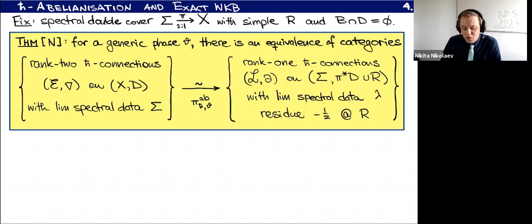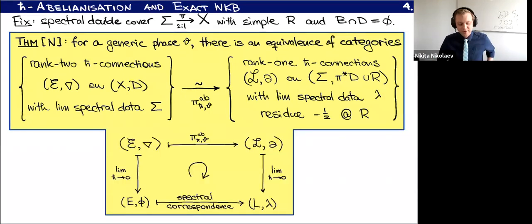And these are H-bar connections, so I should tell you what their spectral data is. Of course, they are rank 1, so there's not much to say apart from the fact that the limiting spectral data is just the canonical one form. Okay, and so there's a functor like this, and it turns out to be an equivalence of categories. And what's more is that it fits into the following really cool diagram, the diagram that I really, really like,